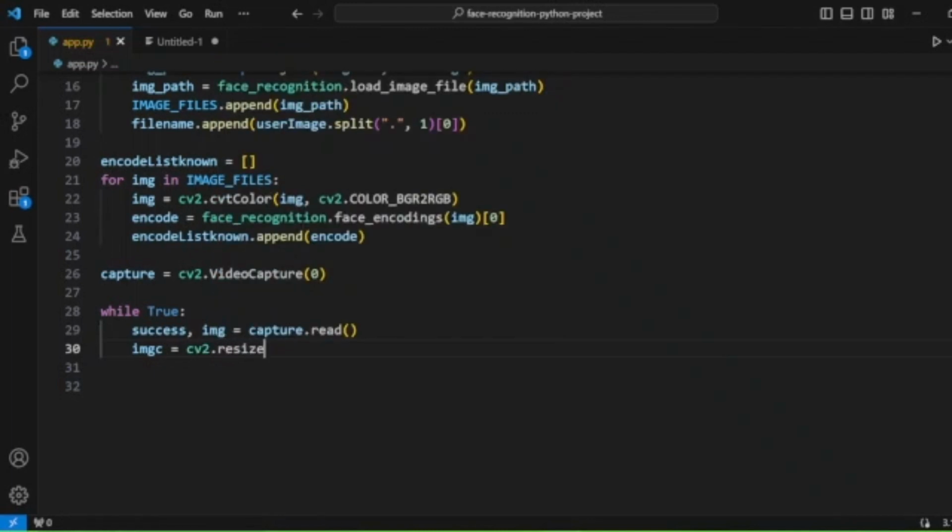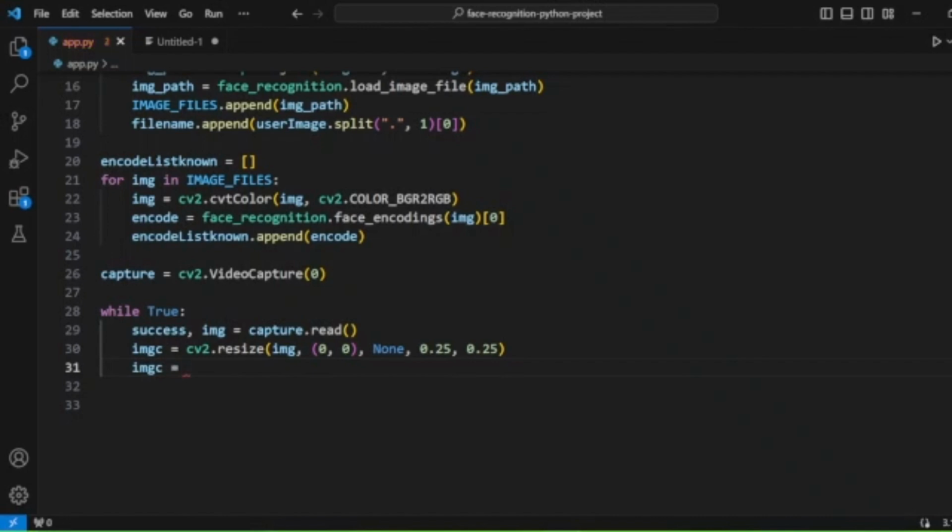We will use the resize method from OpenCV, and then we will pass our frame img and comma, then we will have the coordinate 0, 0 and comma, and then 0.25 comma 0.25. So we will take it, and then again imgc equal